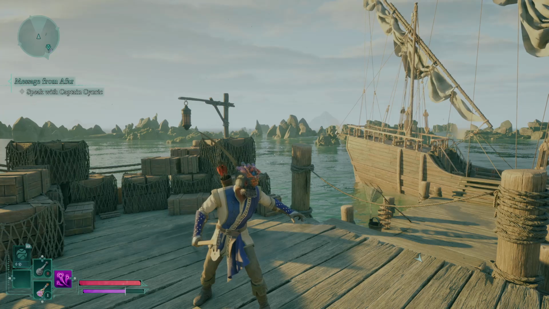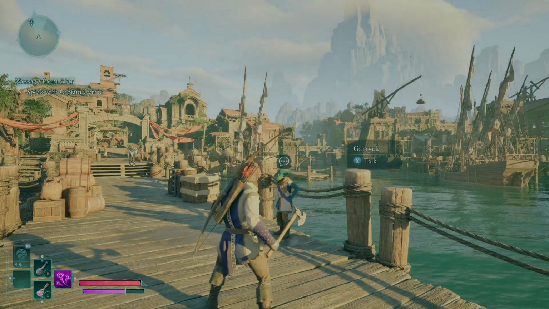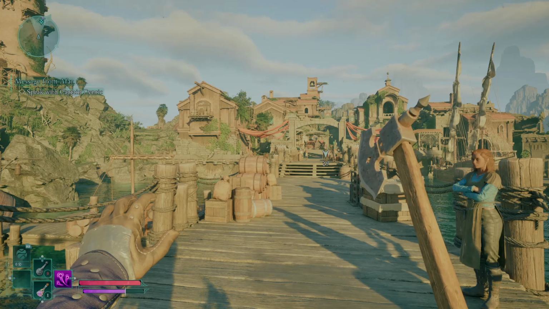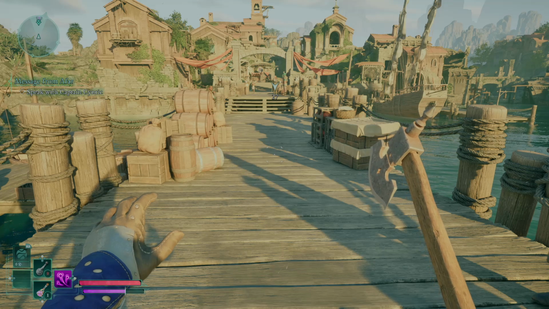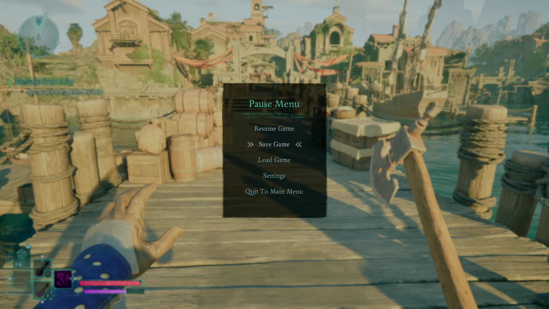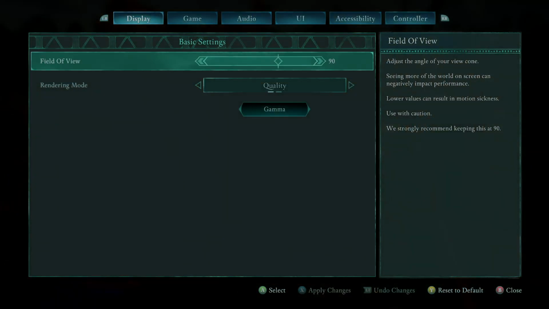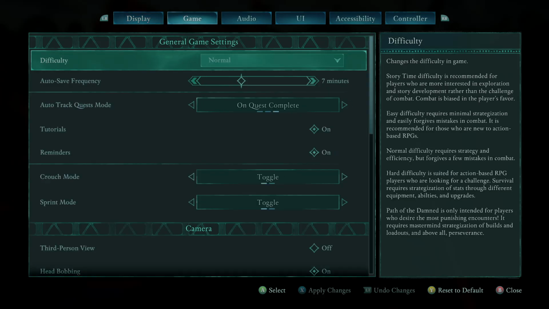Now alternatively, you can also switch on the settings. You can do this on the settings. So let me just switch to first person. So all you have to do, if you're in a game, is just pause the game, and then within the pause menu, select settings, and then within the settings, go to the game section using the RB or the LB on the console,